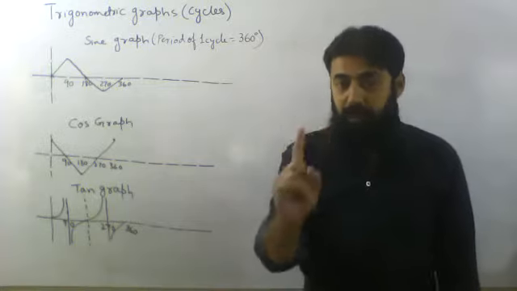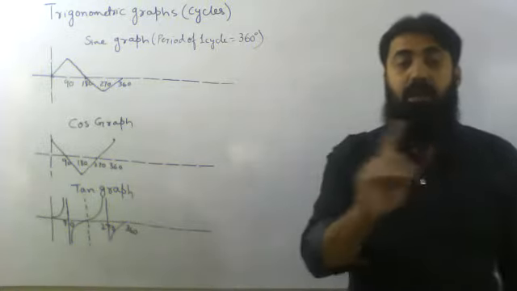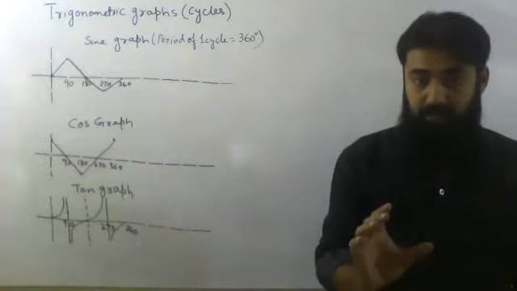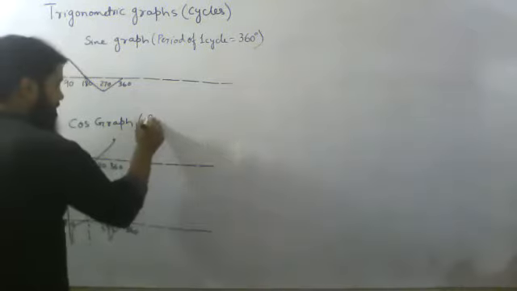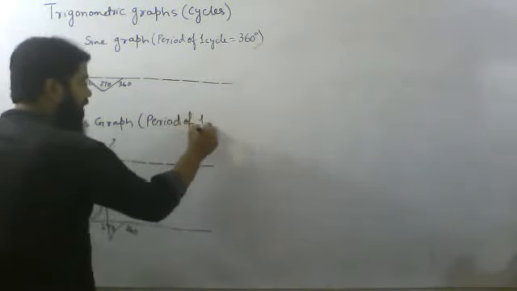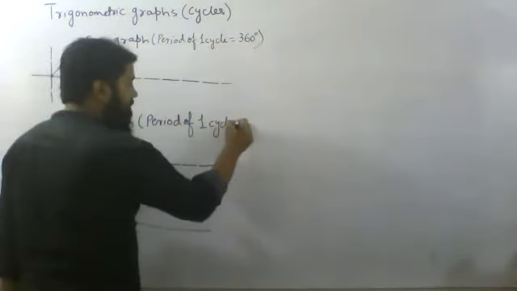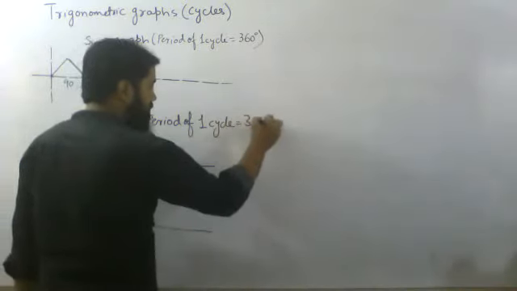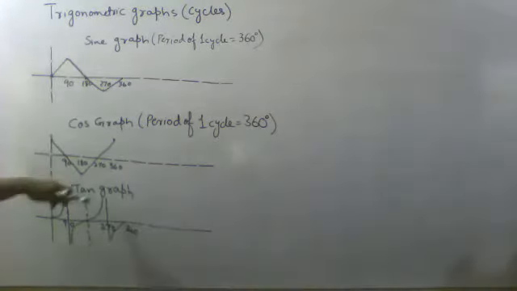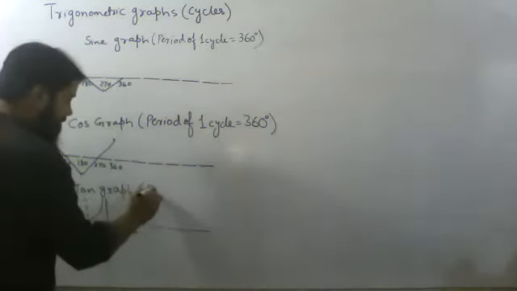For the period of one cycle, sine will always have a range of 360 degrees. In the same way for cos, period of one cycle is equal to 360 degrees. But for tangent,